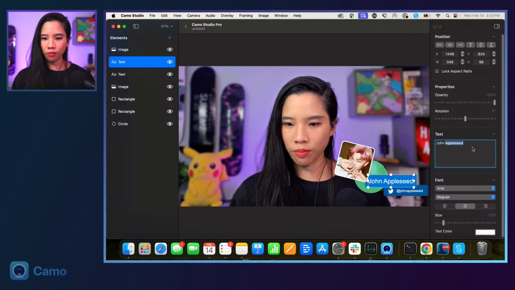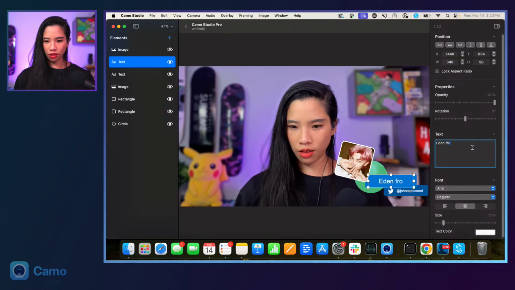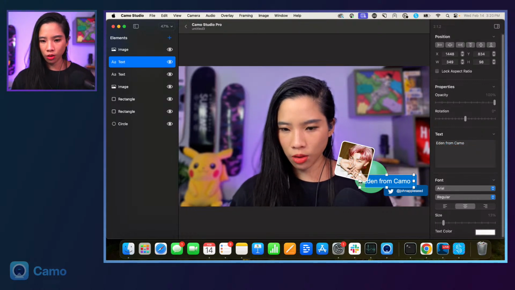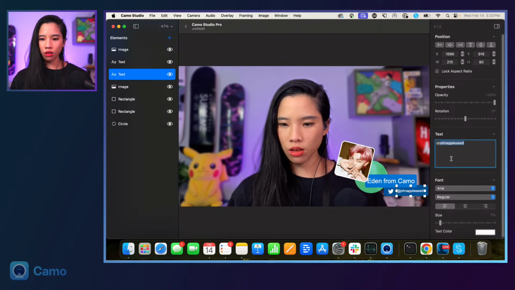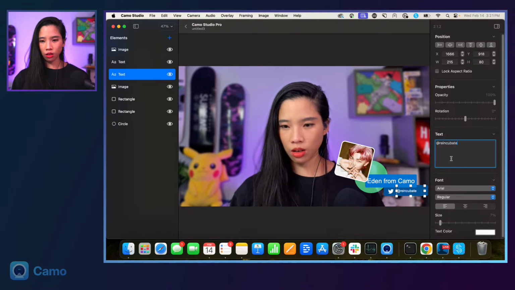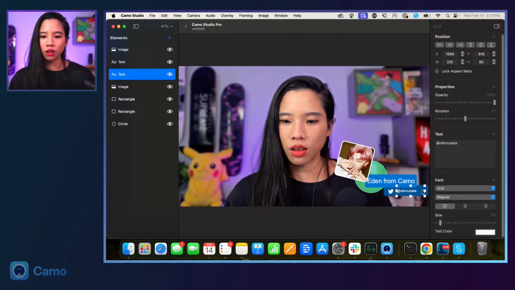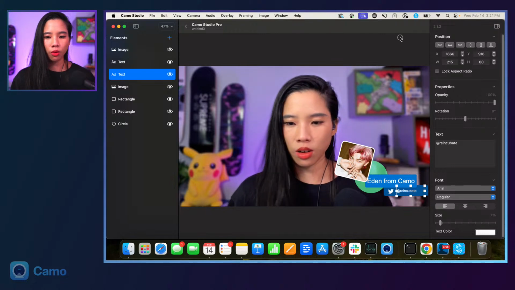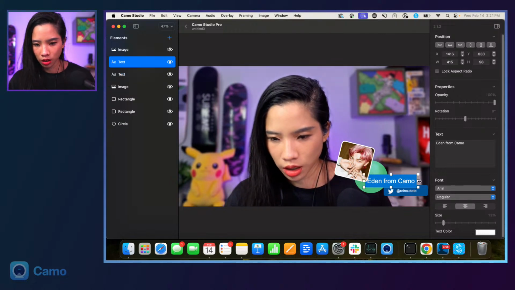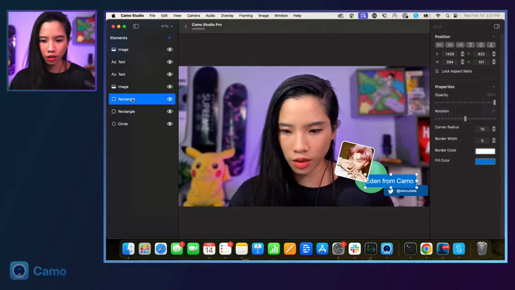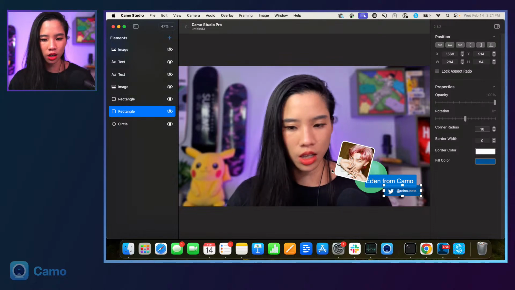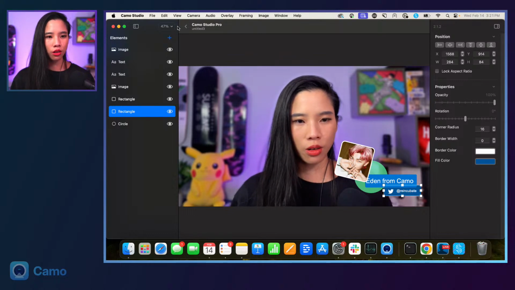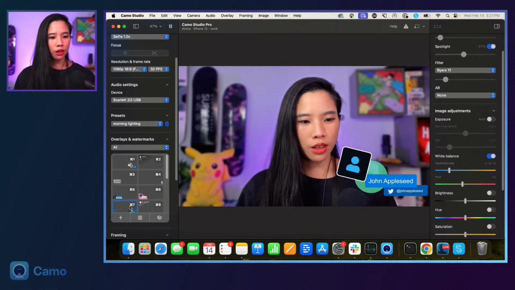Name: Eden from Camo, and at reincubate. And then I want to size this down a little bit to make it fit the square better. Or I could make this rectangle, sorry, not a square, smaller to fit the text better also. And once that one is set up,